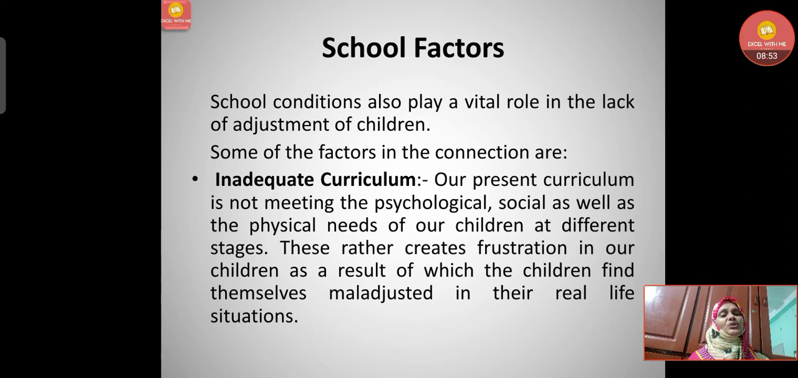Next one is school factors. School conditions also play a vital role in the lack of adjustment of children. Some of the factors in this connection are, first one is inadequate curriculum. Our present curriculum is not meeting the psychological, social as well as the physical needs of our children at different stages. This rather creates frustration in our children, as a result of which the children find themselves maladjusted in their